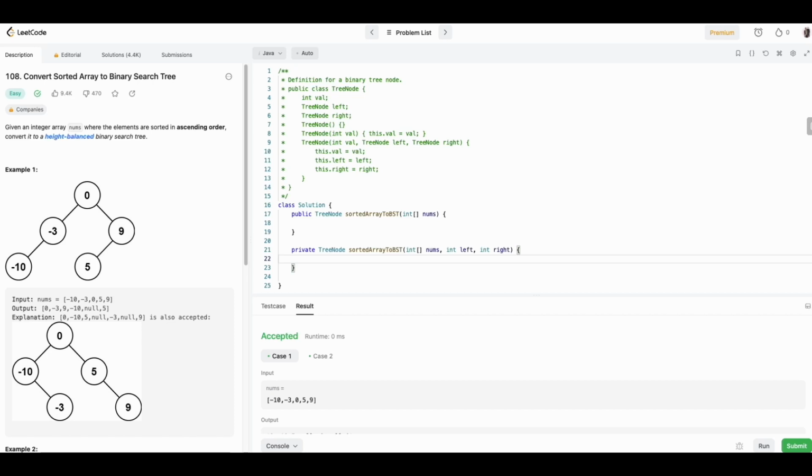Like all recursive functions, we need a base case and a recursive case. The base case is if left is greater than right. That means we have processed all the elements, so there's nothing more to process. So we return null. Else,